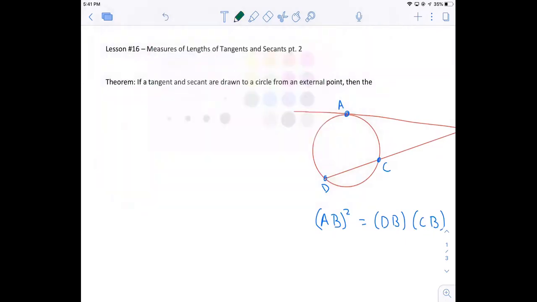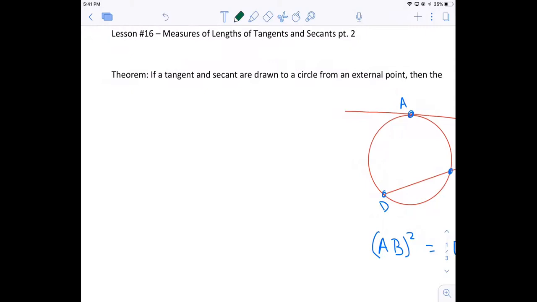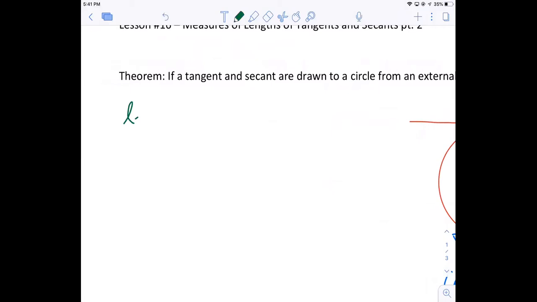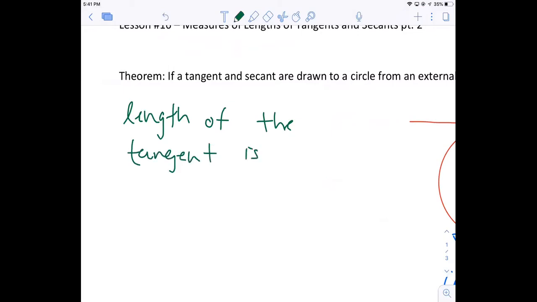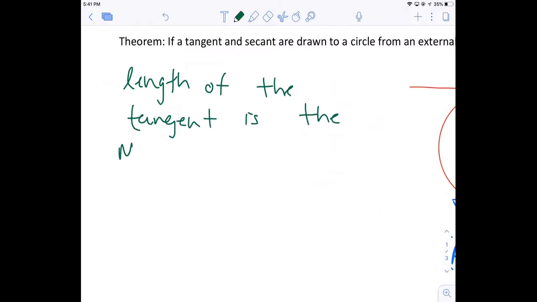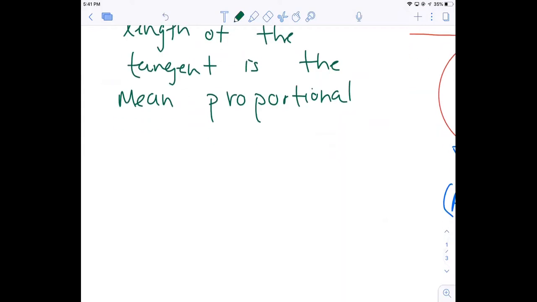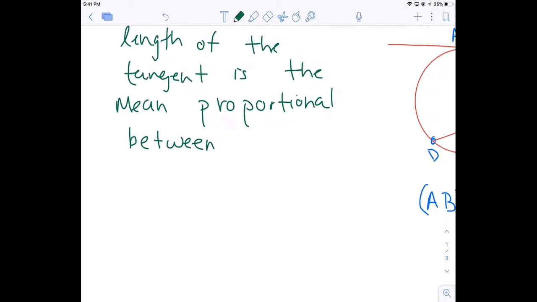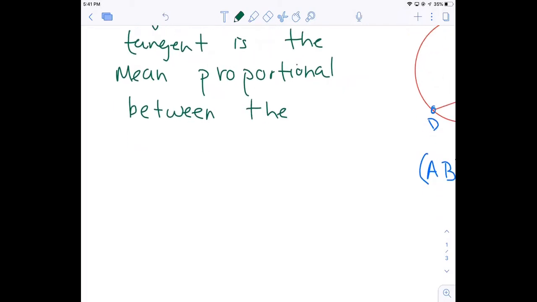For our theorem, we're going to be writing it out a little differently than what you might expect. We're going to say if a tangent and secant are drawn to a circle from an external point, then the length of the tangent is the mean proportional. There's a word you haven't seen in a while, right? You guys remember the synonym for mean proportional? Probably do not, but we could have also written the geometric mean, right? But it's the mean proportional or geometric mean between the length